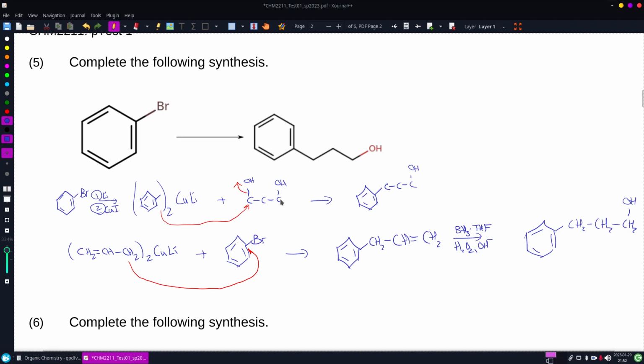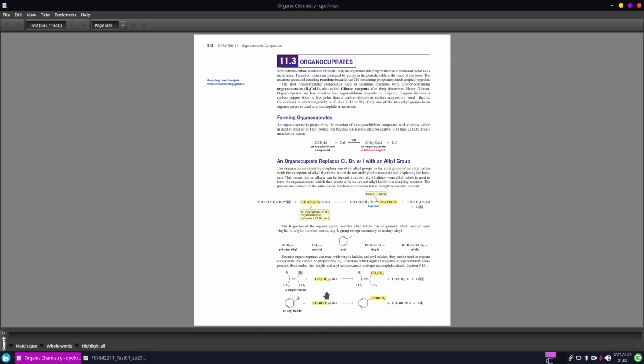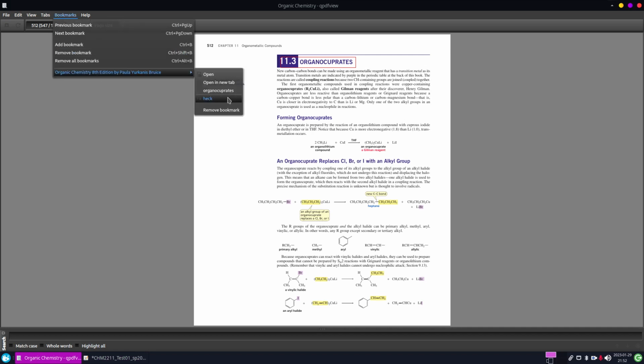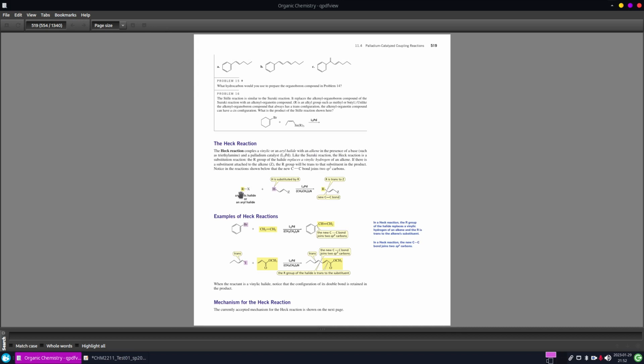So up here I had to get a little bit creative with my nucleophile, and on this other one I had to go back to our alkenes reactions chapter to figure out what to do from there. All right, the last way that I wanted to show you involves this Heck reaction, which is a little bit more versatile for us because the